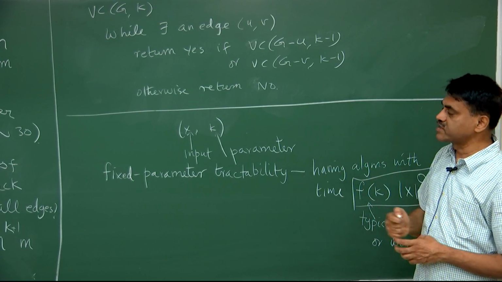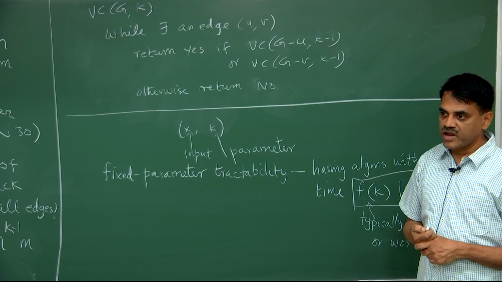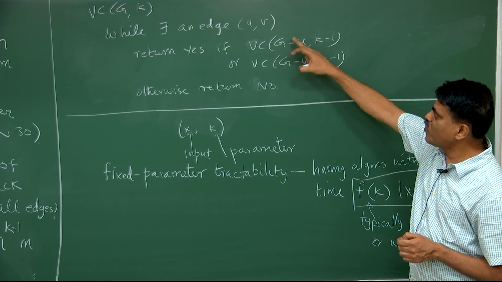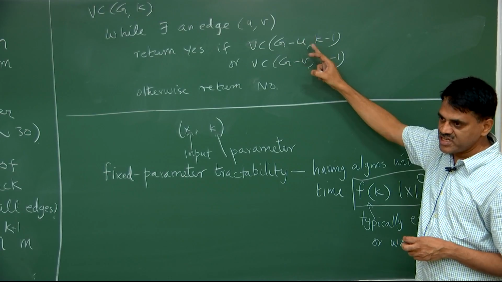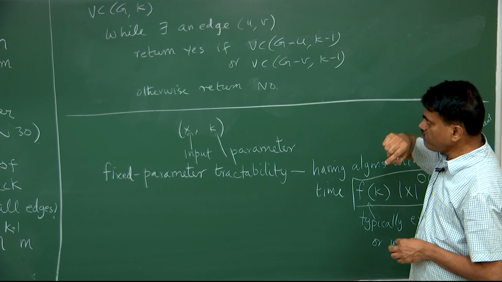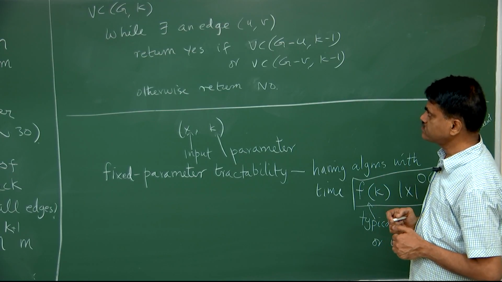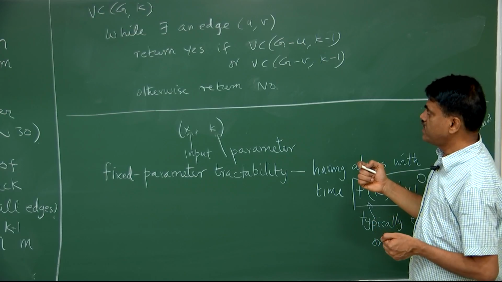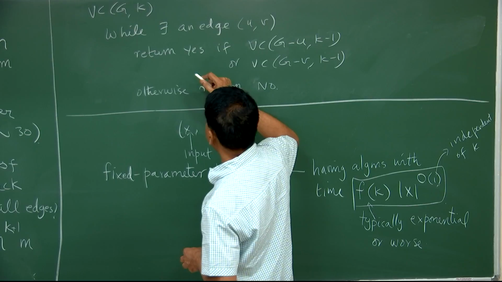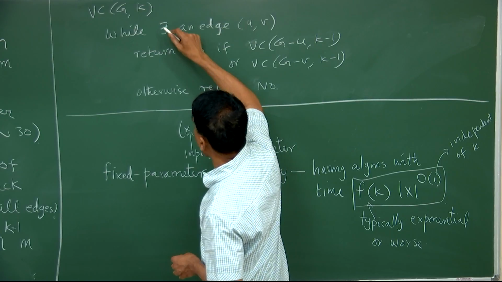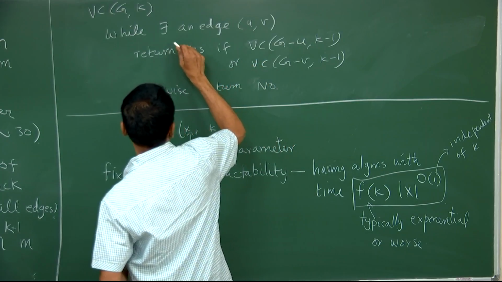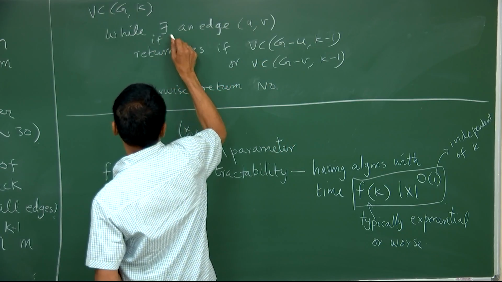Now how much time does the algorithm take? It's a recursive algorithm, so we will write a recurrence relation. But the important thing is, I can even ignore the progress I'm making on G, but see what happens on k. I can even add another tail condition. If there exists an edge uv and, okay, so if k is